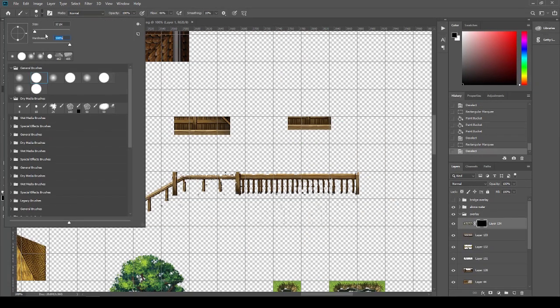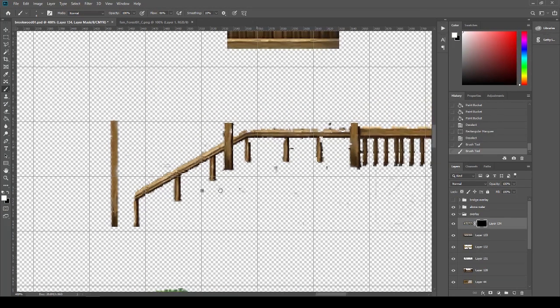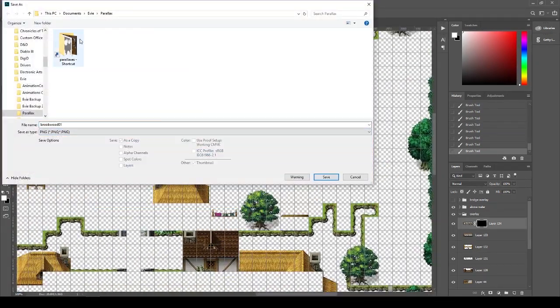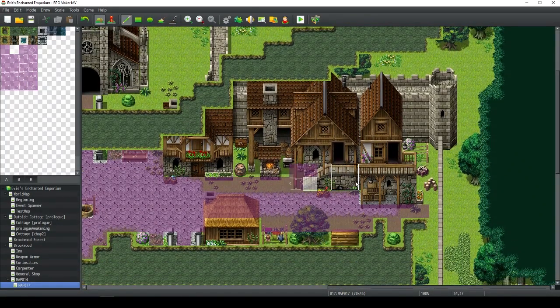Good enough, right? That's what I thought. Now I just get to clean it up a little bit with the layer masking. Right, this is fine. Let's see how it looks. It takes forever to save, so it takes forever for me to be able to test it. All right, there we go. And then